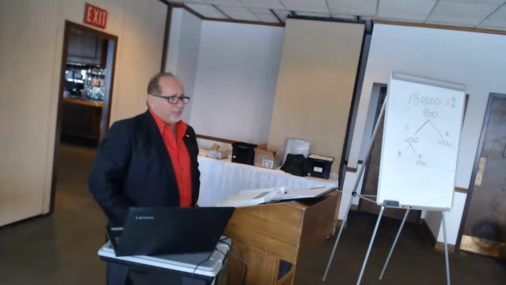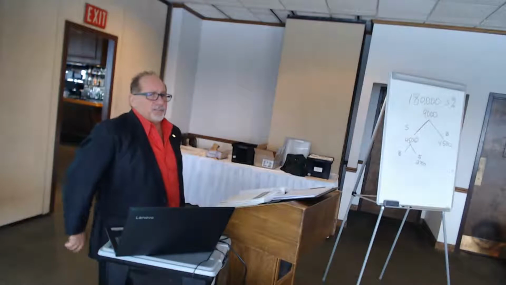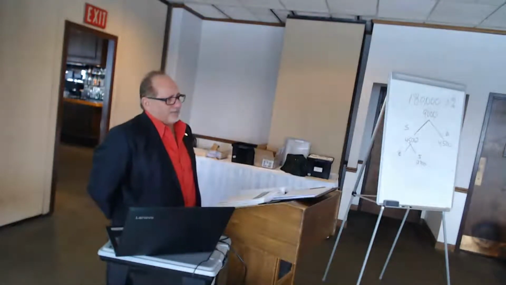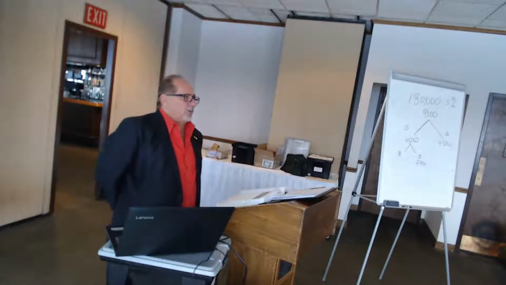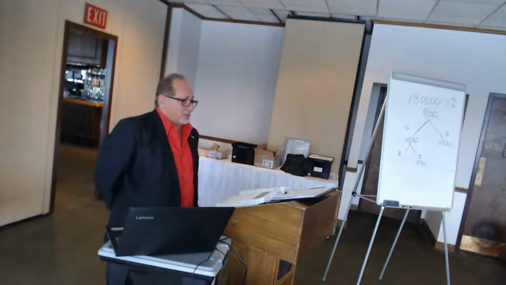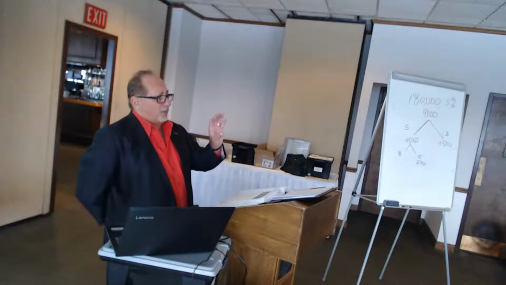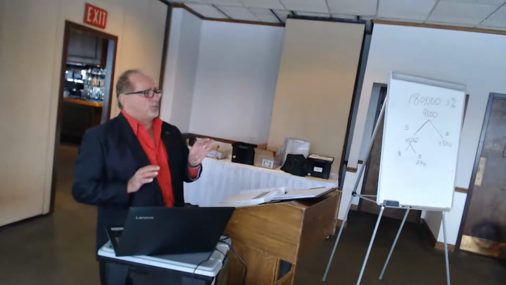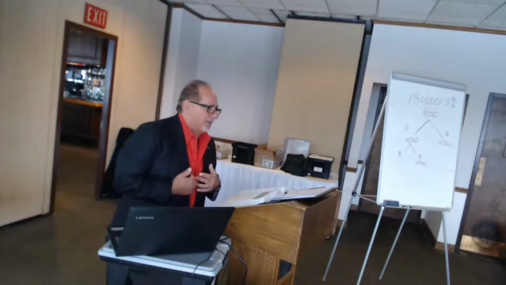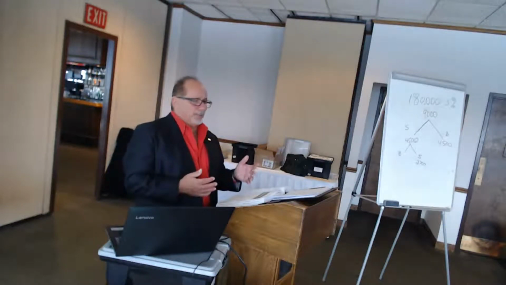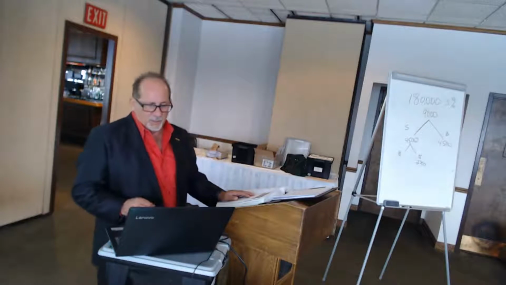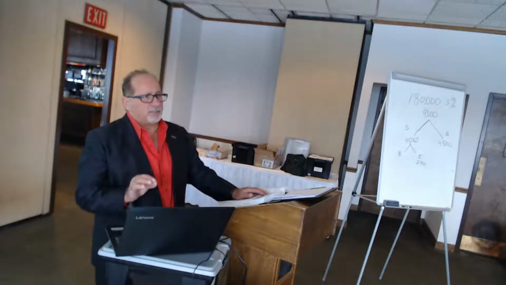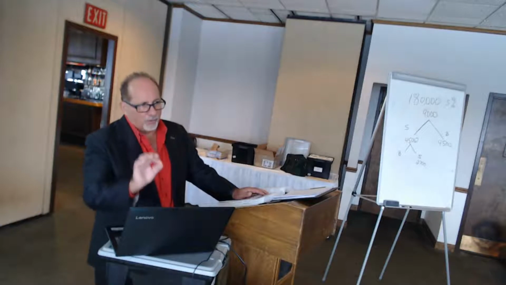Now, what would be an example of that? A buyer wants to make an offer of 150 on a house. The house is listed for 170. You make a bigger commission if you get 170, right? If that guy wants to make an offer of 150, you have an obligation to present that offer, even though if you got 170, it would be more in your best interest because you'd make more money. Does that make sense? So know that the agent owes the principal, and the principal is the client, Samantha, loyalty.